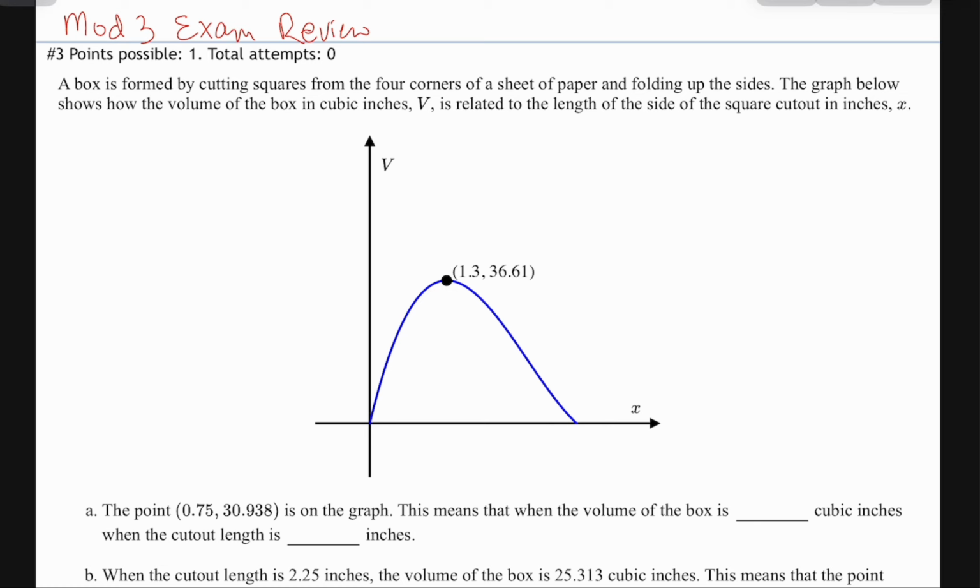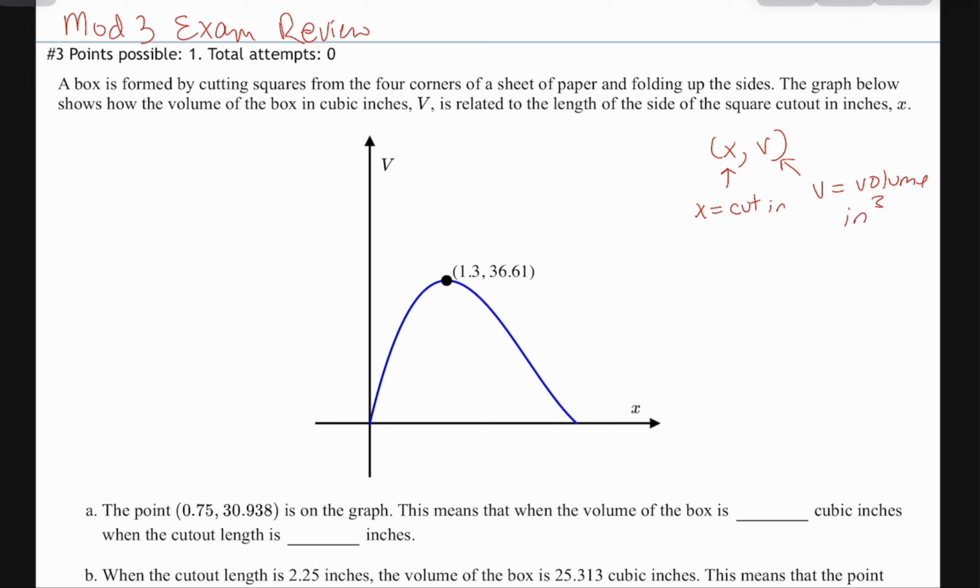It says a box is formed by cutting squares from the four corners of a sheet of paper and folding up the sides. The graph below shows how the volume of the box in cubic inches, V, is related to the length of the side of the cutout square in inches. So we know that our points represent an X, which is the cutout side in inches, and V is our volume